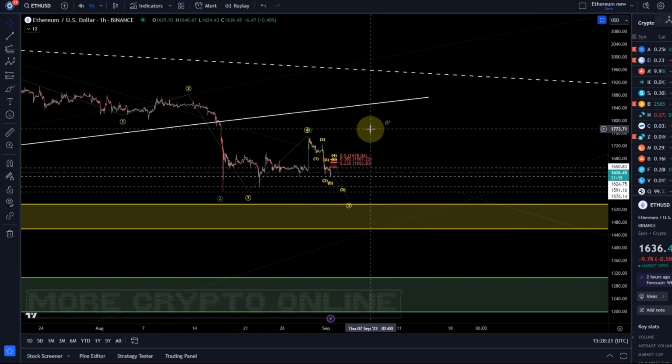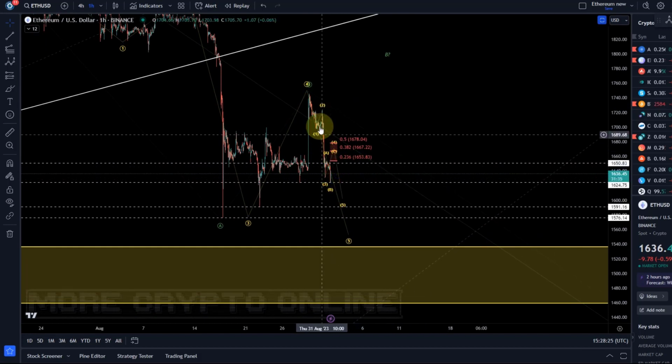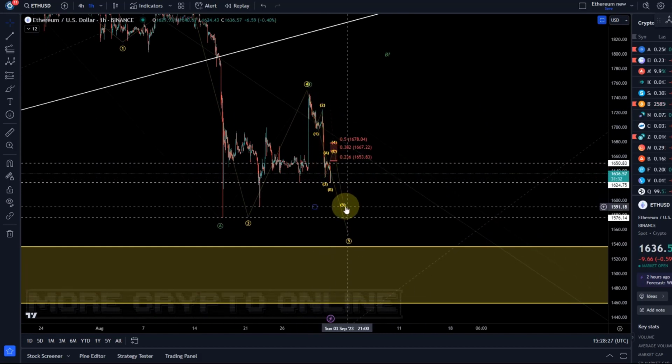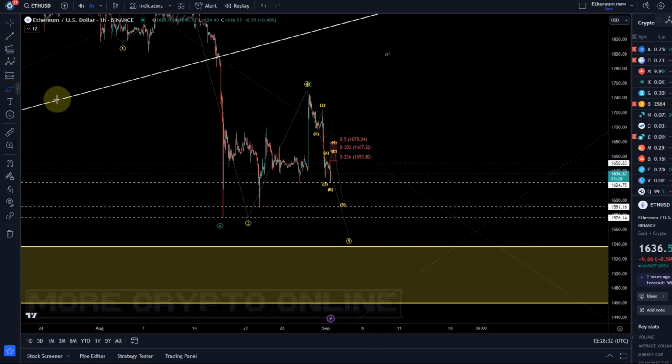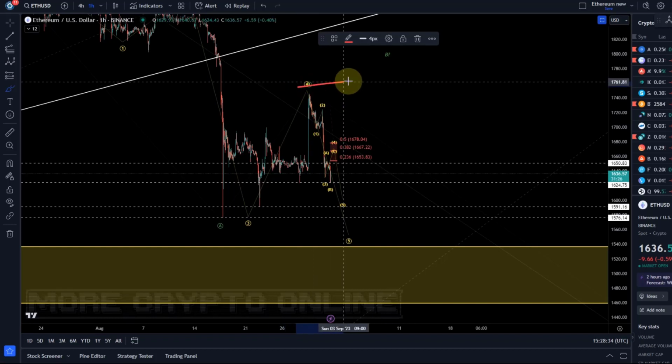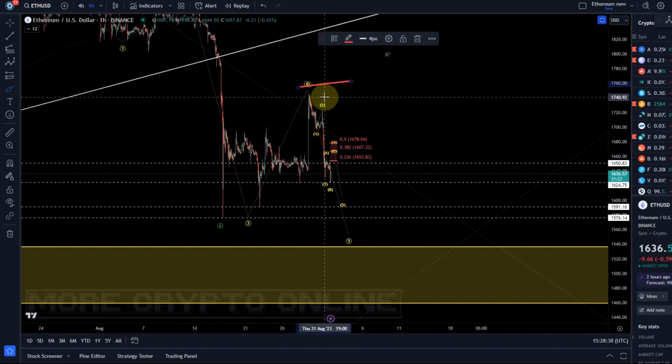So why not now? Well, because now we're just sitting above support. What you want is for this 5-wave move to play out, then to retrace in 3 waves, and then you want to place your short trade ideally above the beginning of the first 5 waves down. You want to place your stop loss there. So that's something to consider.